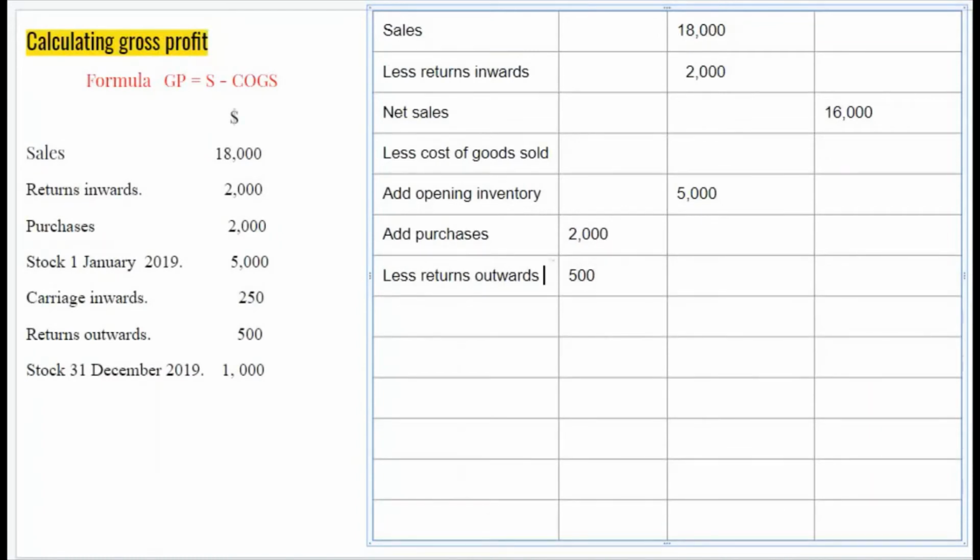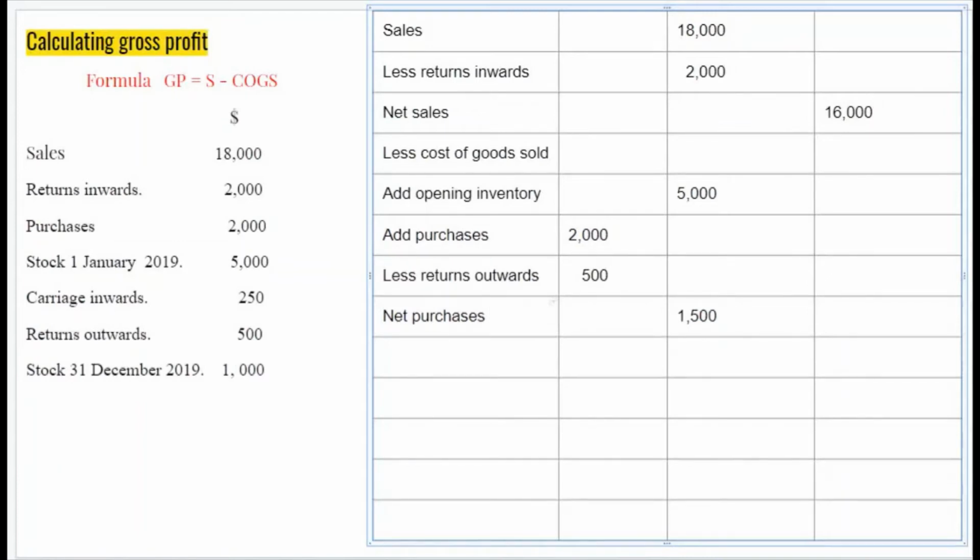Clear? So $2,000 take away 500 would leave us with $1,500. All right. When you take away the return outwards from the purchases, what you are left with is known as the net purchases. Very good. So now that we have our net purchases, the next question that we want to ask ourselves is,